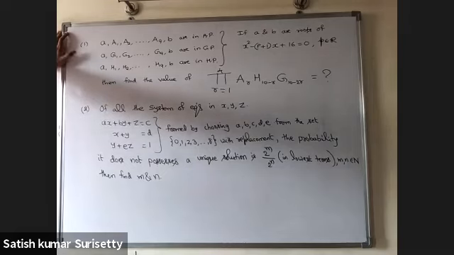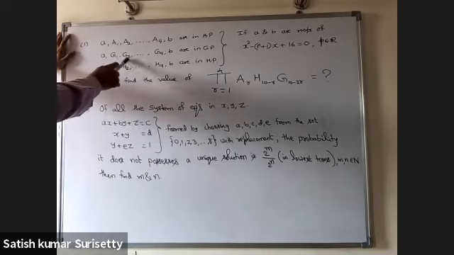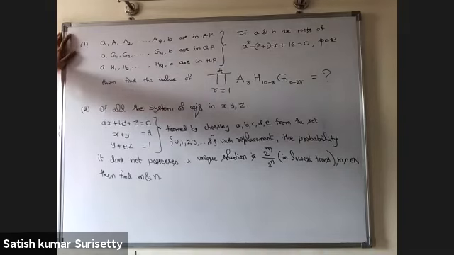So first problem is A comma A1, A2, A3 and so on A9 comma B are in arithmetic progression. A comma G1, G2 and so on G9 comma B are in geometric progression. A comma H1, H2 and so on H9 comma B are in harmonic progression. If A and B are the roots of x squared minus (p plus 1)x plus 16 equal to 0, where p